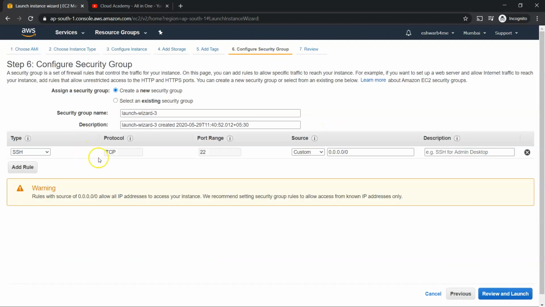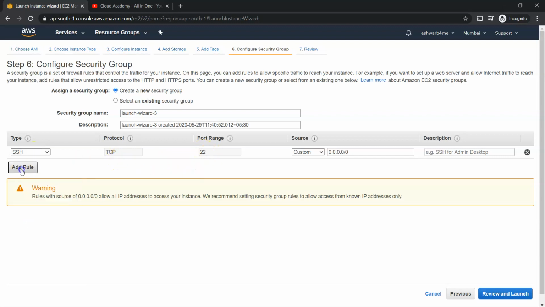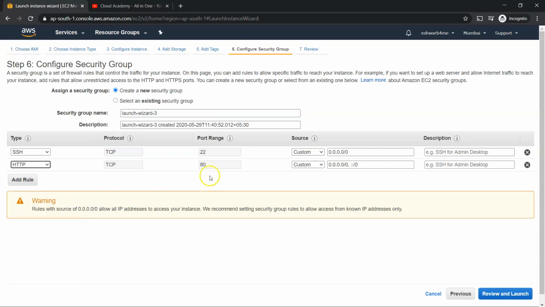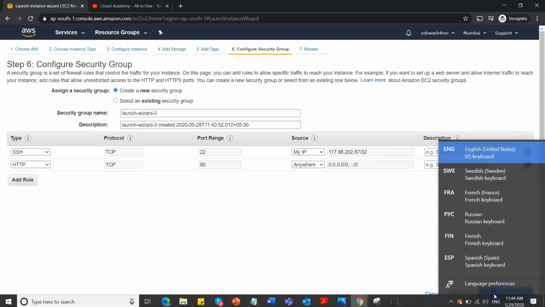Then if you want to configure the security, it is already giving SSH with TCP/22. In case you want any additional ports, you can add, for example HTTP, if you want to add the port. And if you want to access this particular machine only from your IP, then you can select My IP. Or if you want to do it from anywhere, you can go ahead and do that. Anywhere means that particular machine will be accessible from any network or any public internet. But if you select My IP, only those specific IPs will be allowed. It has already read my IP and it is given here, right?